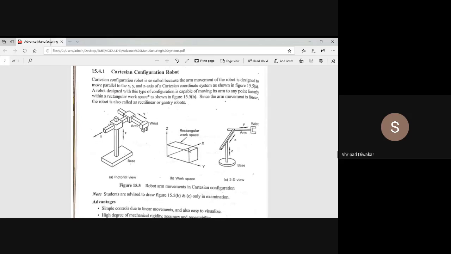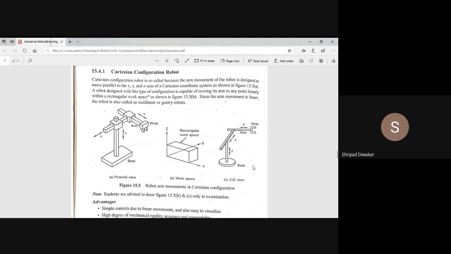You just have to practice the diagrams. You have to explain the configuration with sketches, and most of the time they ask for these diagrams, hence you have to practice them. Try to practice the 3D diagram; if that is not possible, practice the 2D diagram. On the left side we have the pictorial view, which is the 3D diagram, and on the right hand side we have the 2D diagram.